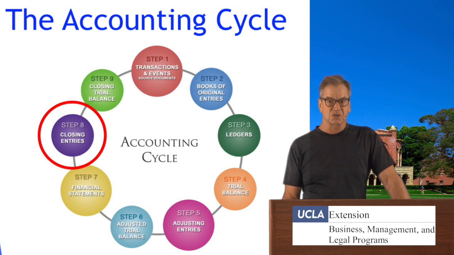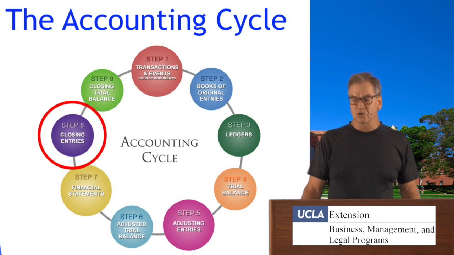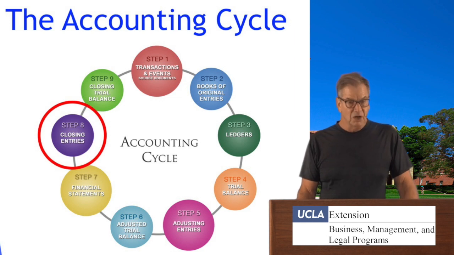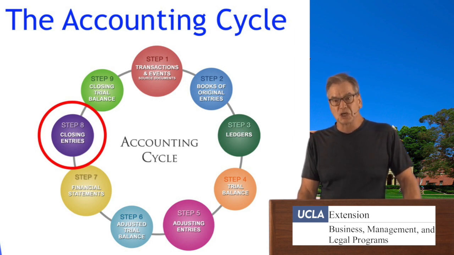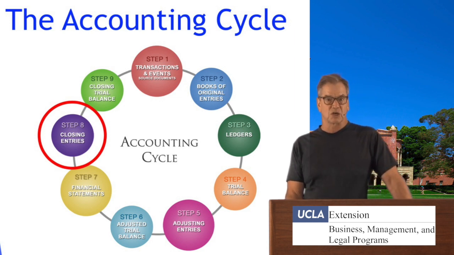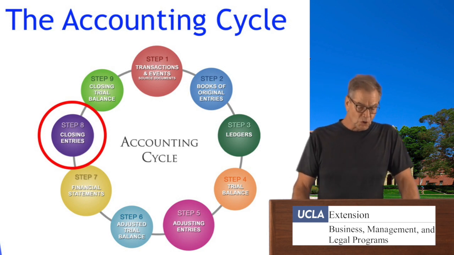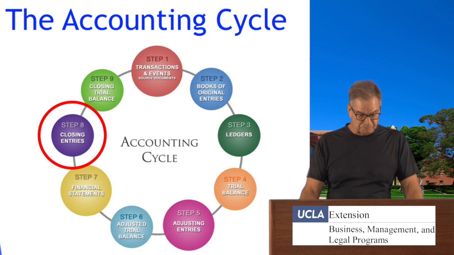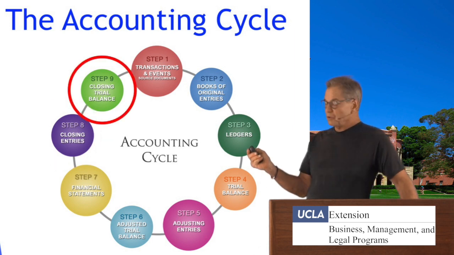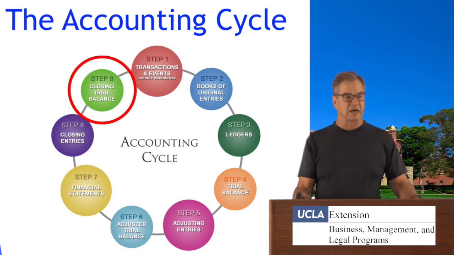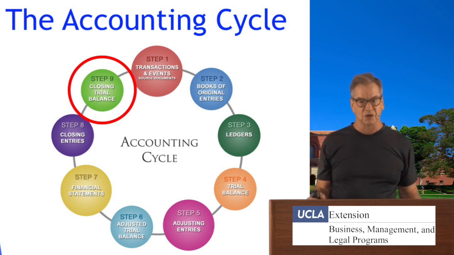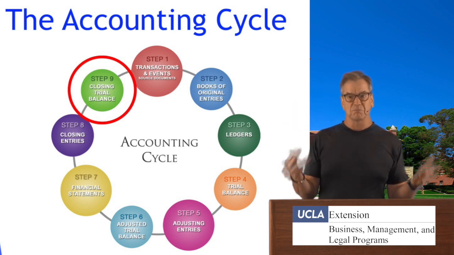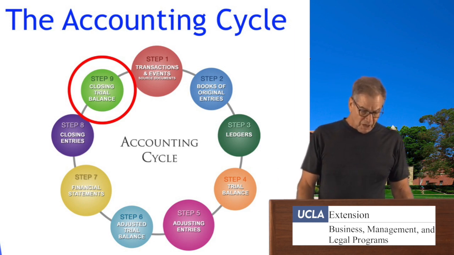Once that's done, we now do what are called closing entries, where we take all the income statement accounts and they get closed to our retained earnings. So all the income accounts are now zero. Revenue, direct cost of sales, and overhead are all now zeroed out, ready to start the new fiscal year. Then we do a closing balance to make sure everything looks ready to go to start off and running for the next fiscal year, and now we've completed the accounting cycle.